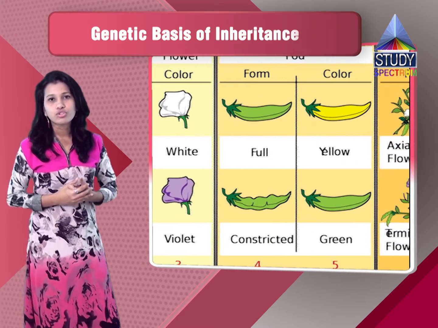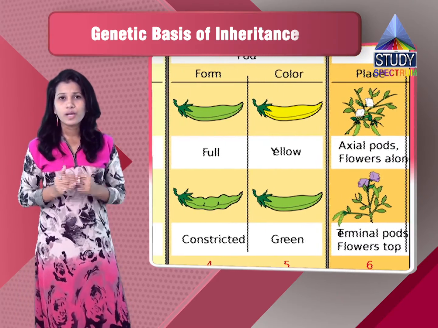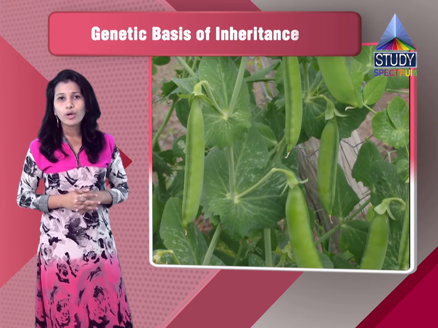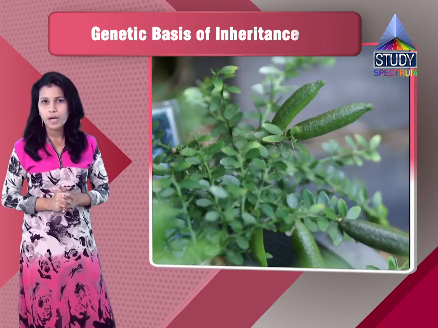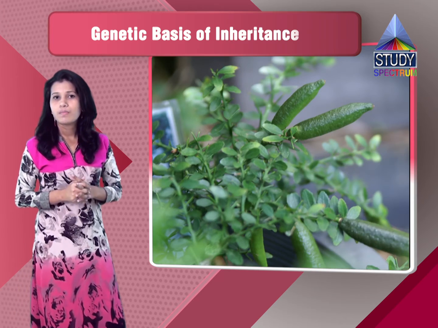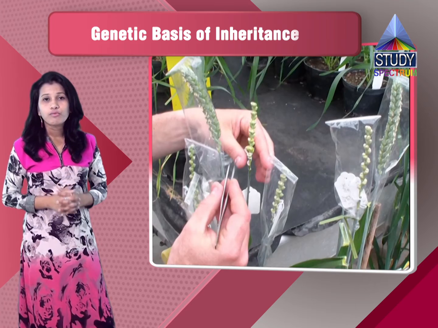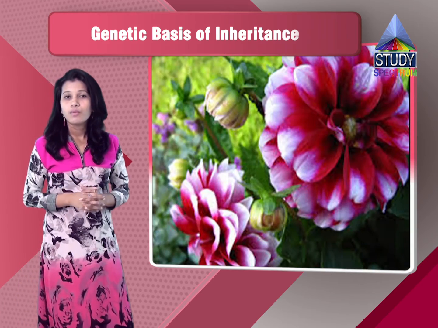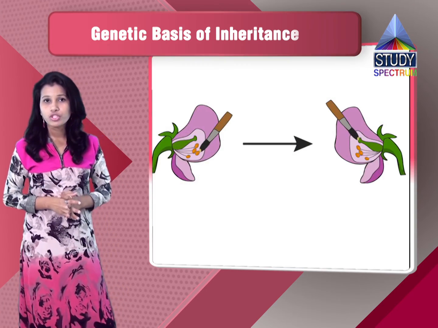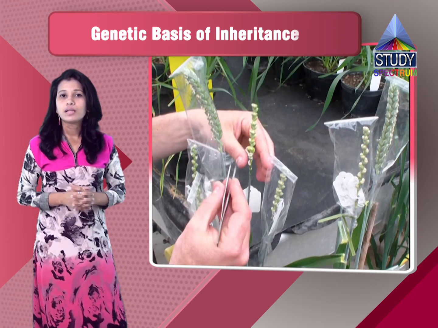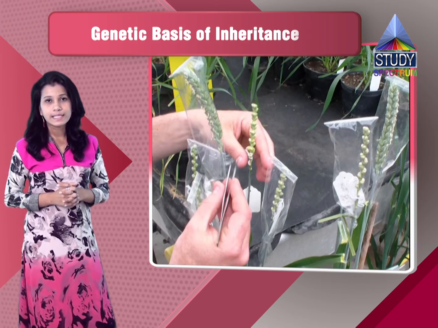We will revise this question. You have to write stepwise. The first answer will be that it is an annual plant. Then the second point will be that it has a short lifespan. Third point will be that it is a bisexual flower and hence we can do emasculation. Fourth point was it had a large flower, because of which cross pollination was possible, emasculation was possible. And then fifth point was it has many contrasting characters.